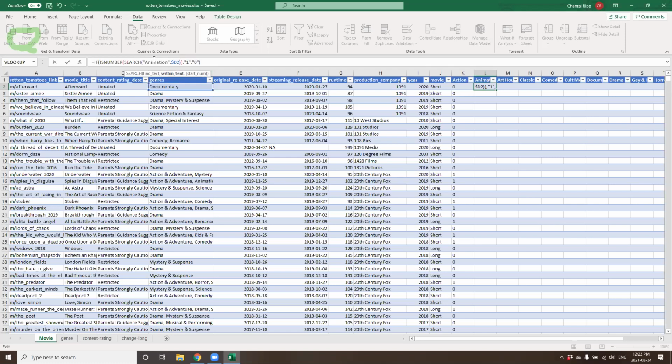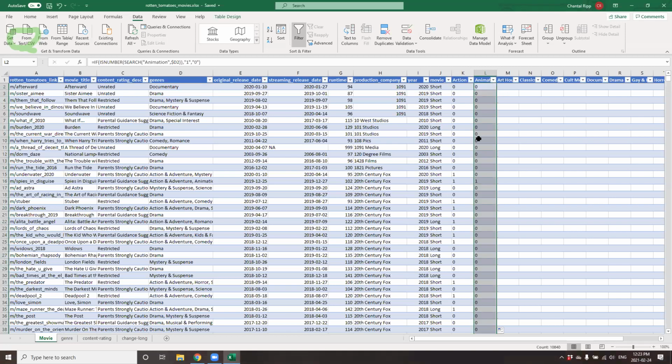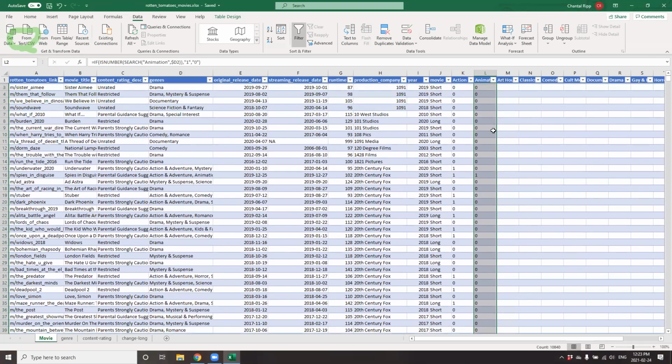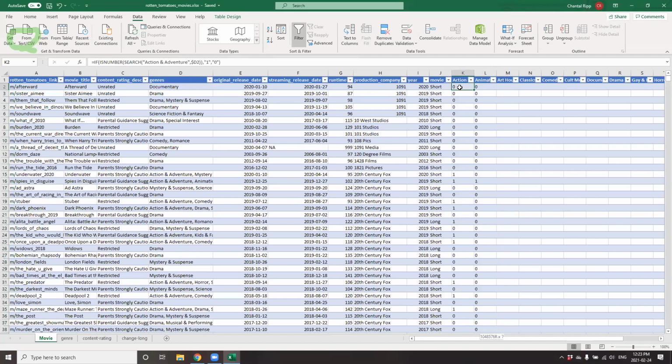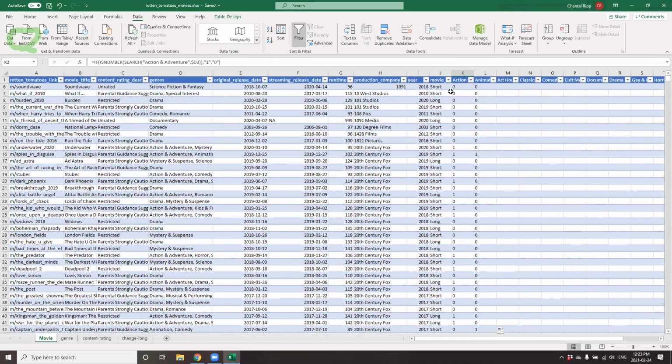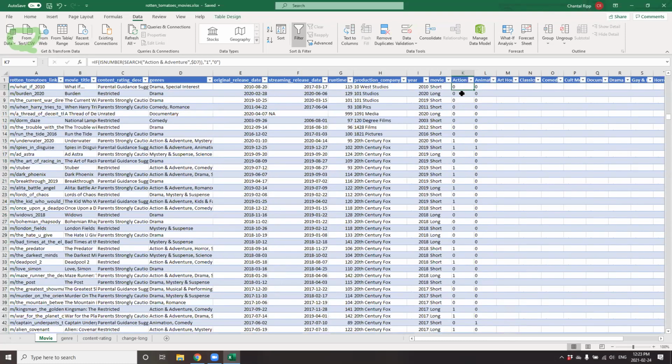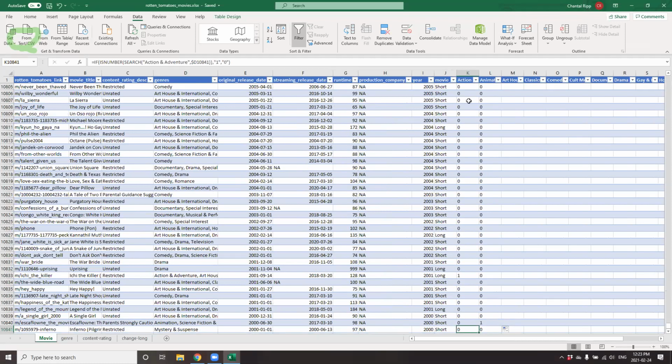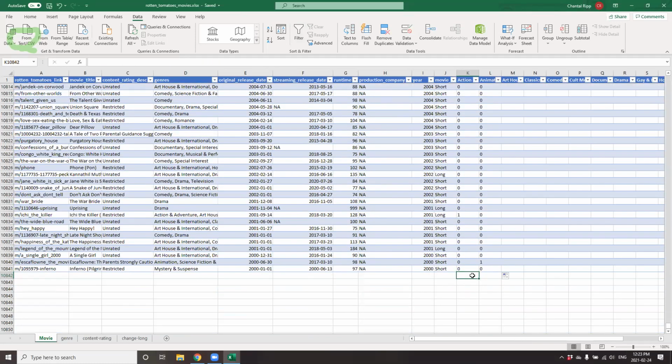Is number will recognize if it's a number value, and the if statement, if it's true, I want it to say 1. If it's false, I want it to say 0. So it is 0. There is no animation text in documentary. And if I apply it across, I do see it here, which is working. Now, if I were to go to the bottom of my cell, here we go. I can actually now quickly calculate by using the function equals sum.